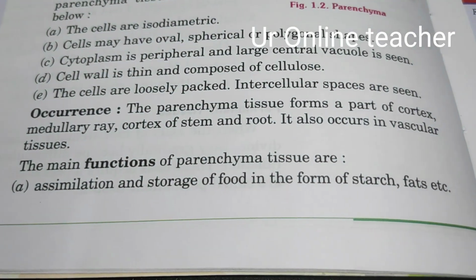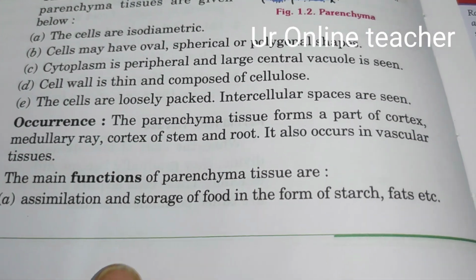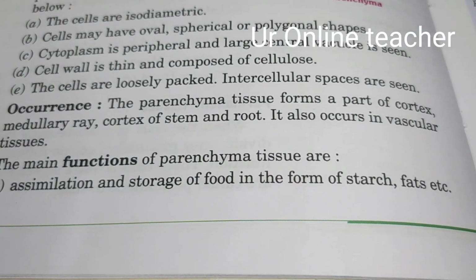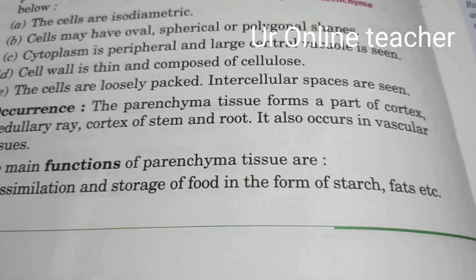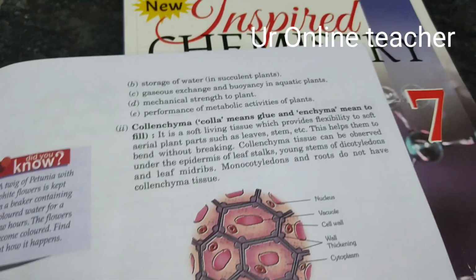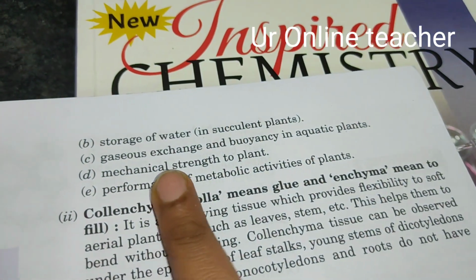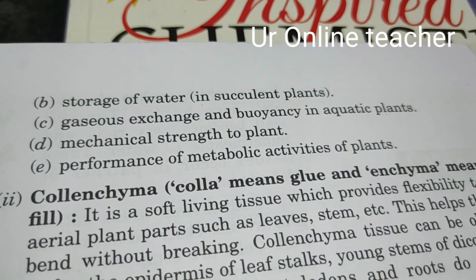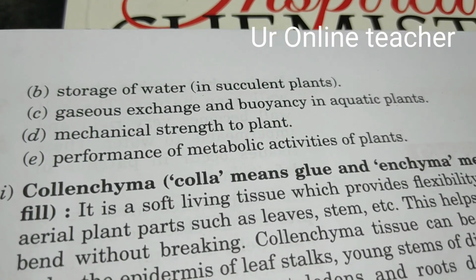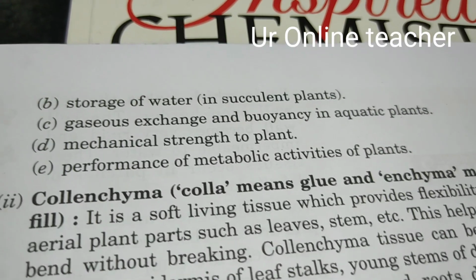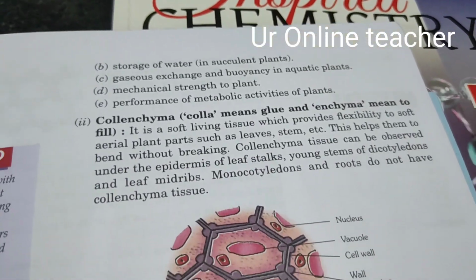Then what is its function? It will assimilate and store food in the form of starch and fats. It will also store water. So in succulent plants it will store water, and it helps in gaseous exchange and buoyancy in aquatic plants. It also helps to give mechanical strength to the body, and it helps in the performance of metabolic activities